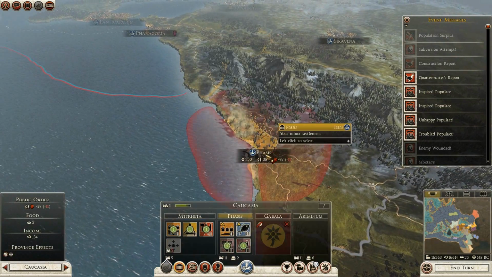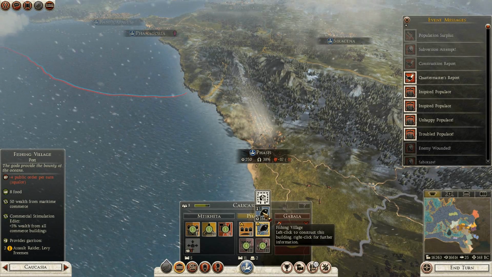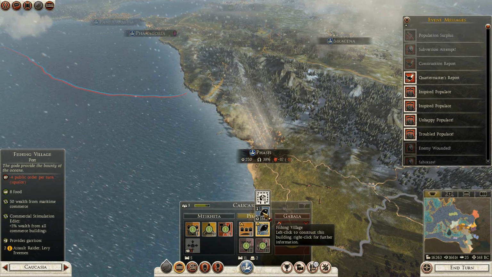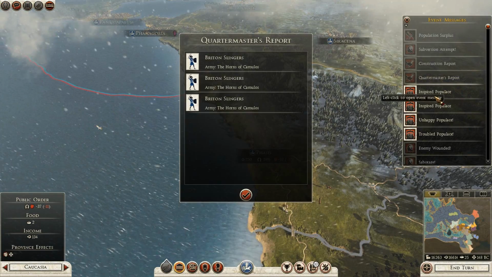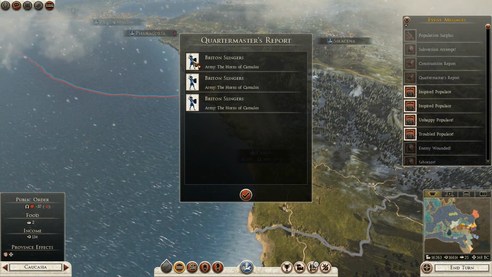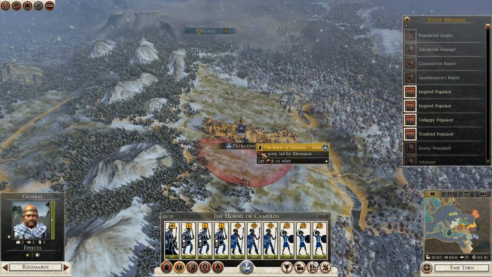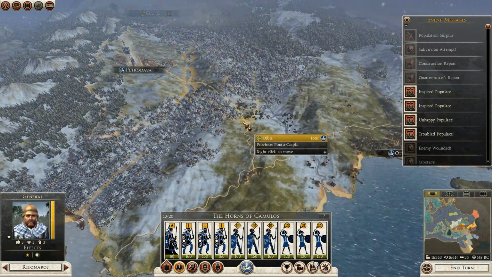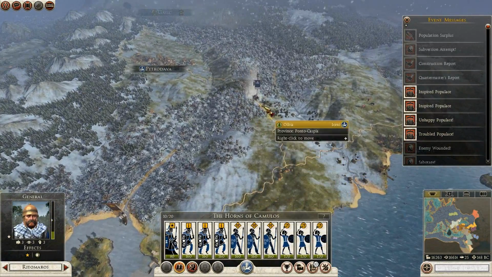Maybe at Phasis we can upgrade the fishermen's huts even more. Actually, we're not going to do that because the -4 public order per turn is not something I want to encourage. We got the quartermaster's report, the Britain slingers being finished for the horns of Camillus. So that army is now finished and ready to move on to the next province, where they can start to recruit